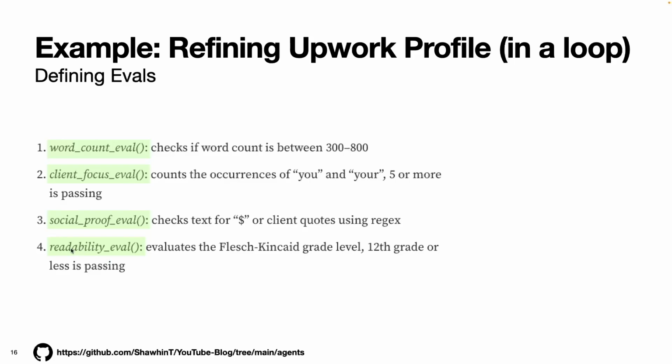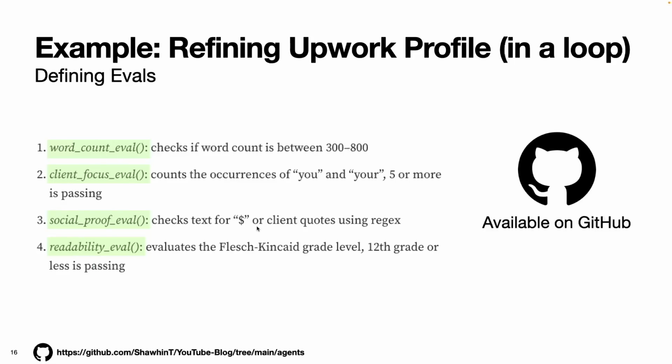And then finally, I compute the readability of the profile and ensure that it's no greater than a 12th grade reading level. Originally, I tried 8th grade, but this was never passing. And I think part of the reason is that AI is a technical field and there are just keywords that will never pass a middle school reading level. So I just gave up and went for 12th grade. So I've implemented all these functions in Python and we can take a quick look at that.